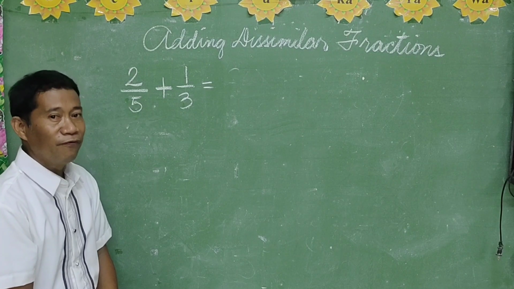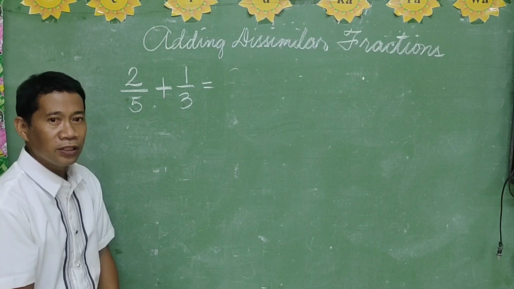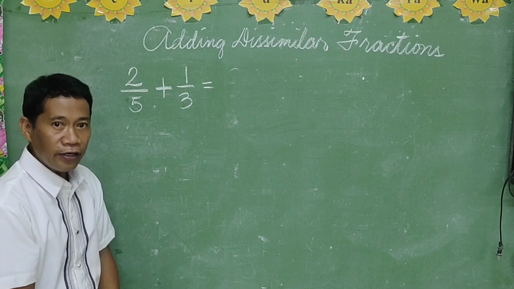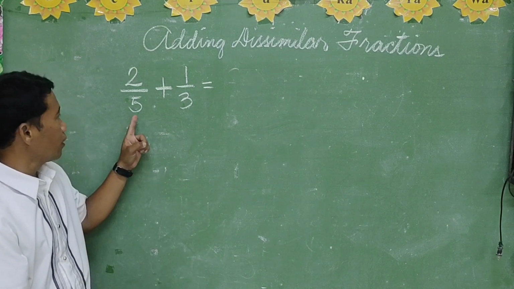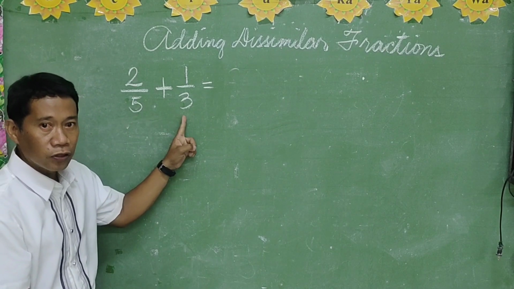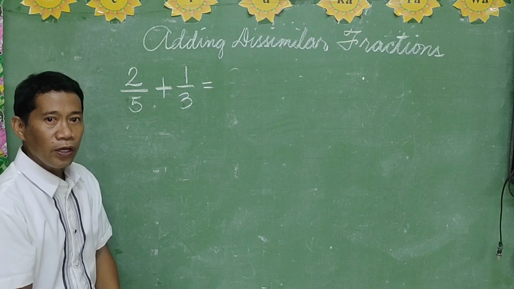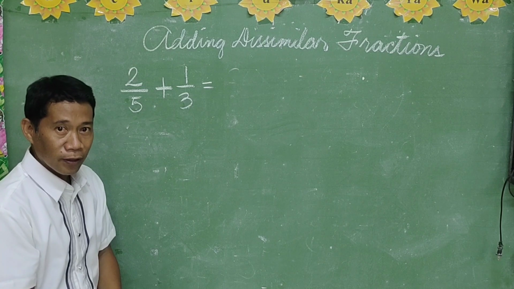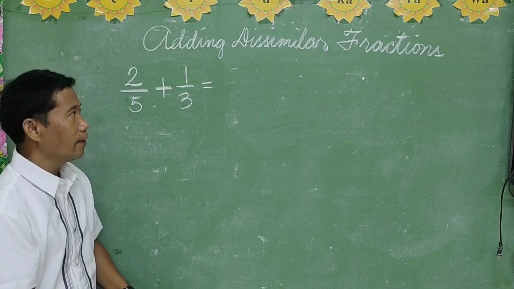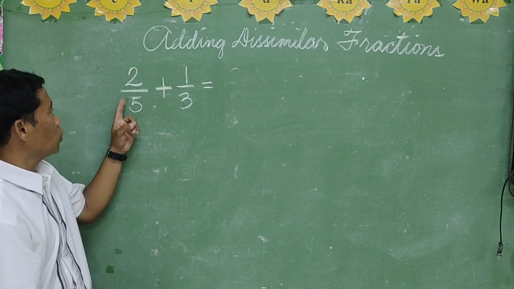Now, let's move on to adding dissimilar fractions. When we say dissimilar fractions, their denominators are not the same. Like for example, this one here, 5 and 3. If it is not the same, we are going to find the LCD of 5 and 3. How to find that one? By skip counting. So like for example, this one here,